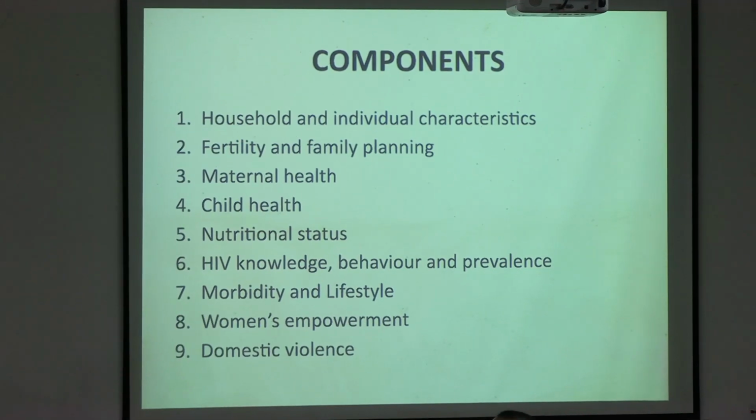What are the components? क्या क्या देखेंगे हम NFHS में? घर में कितने मेंबर है, इनकम कितना है, सोशल स्टेटस क्या है, न्यूट्रिशनल स्टेटस क्या है, बच्चे कितने हैं, एवरीथिंग डेटा सब कुछ जाता है. कितने बच्चे मर गए, कितने एबॉर्शन हुए घर पे, कितने लोगों को टीबी हुआ, each and every detail goes to NFHS survey and you get a beautiful data. ठीक है, at the end of it, and this is a data you see.